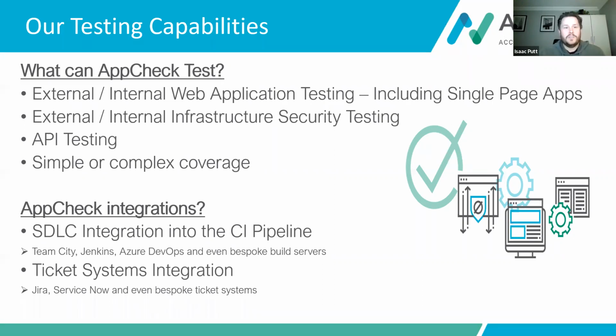Look at your servers, your potential open ports, and your operating systems and applications that may be running. There's an abundance of different things that can fall within the scope here, as well as, as mentioned, API testing. But in reality, we can accommodate both a simple approach as well as that complex approach, which takes us into integrations in a short while. We're going to come back to that a little later, because that could be deemed a short to medium term strategy: using AppCheck as an interoperable product that works within your CI/CD pipelines or the software development lifecycle, which we'll present in more detail.